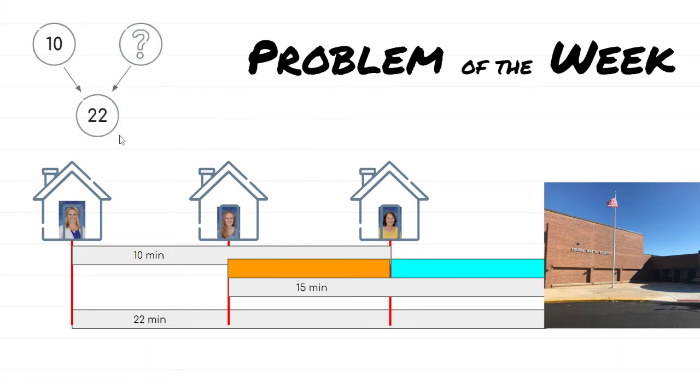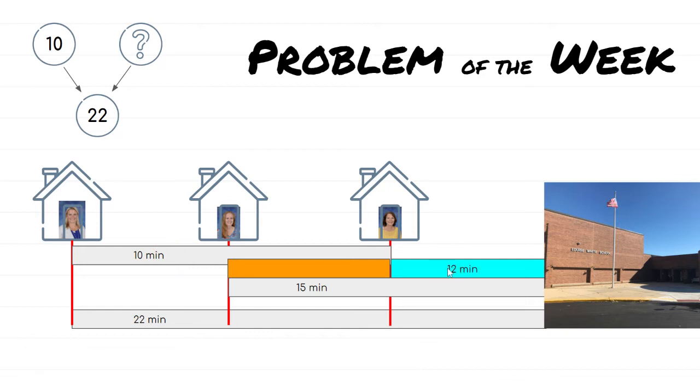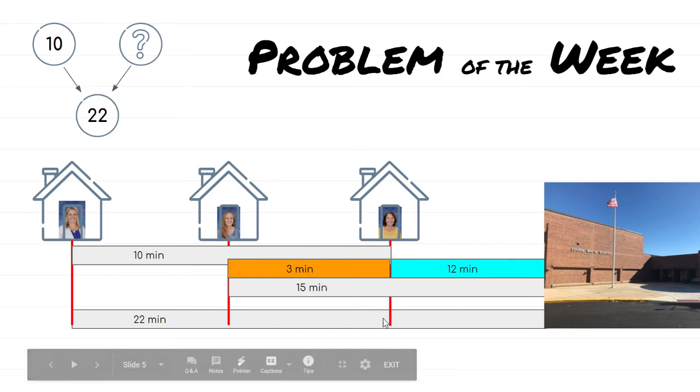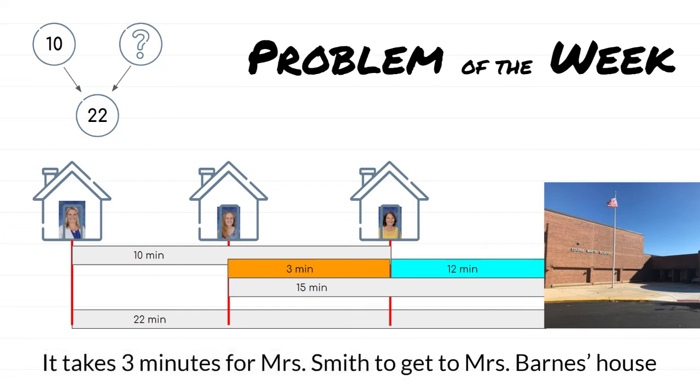So that would mean, just like remember in those number bonds, 22 is my whole, 10 minutes is one part. What's the other part? So I can either do that by saying what plus 10 equals 22, or 22 minus 10 equals 12. So now I know that this part is 12 minutes. The whole is 15 minutes. So one more part-whole question. 12 plus what equals 15? Or 15 minus 12 equals 3. So we figured it out that it takes Mrs. Smith 3 minutes